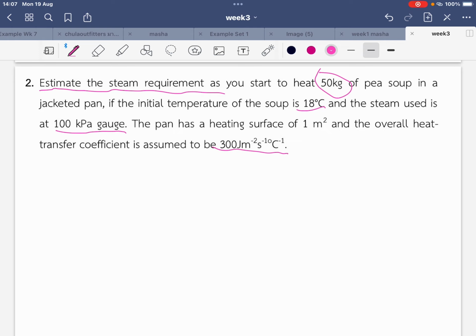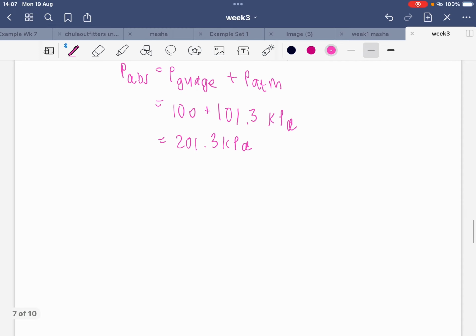Okay, so the formula that I'm using is P absolute equals P gauge plus P atmospheric, and then I have this,